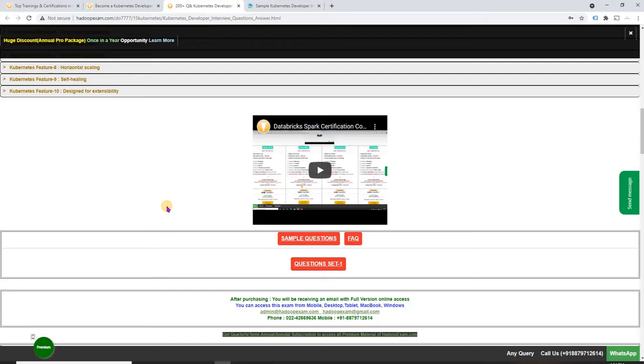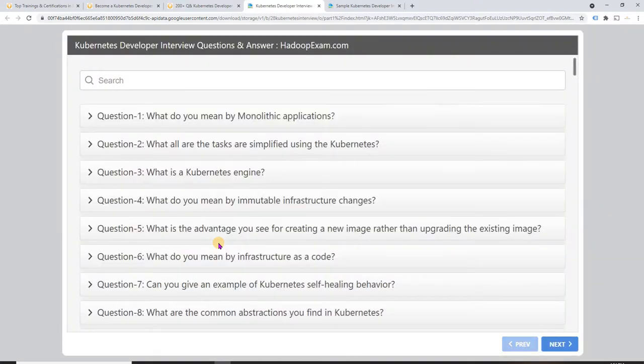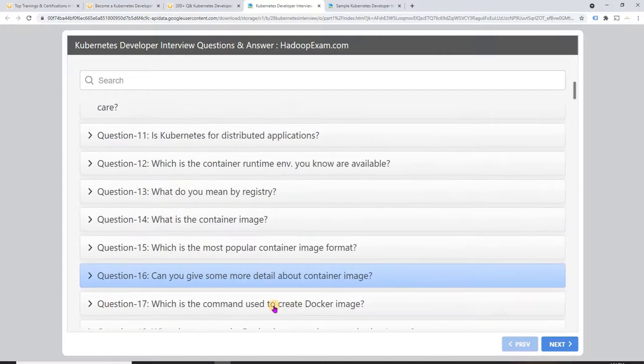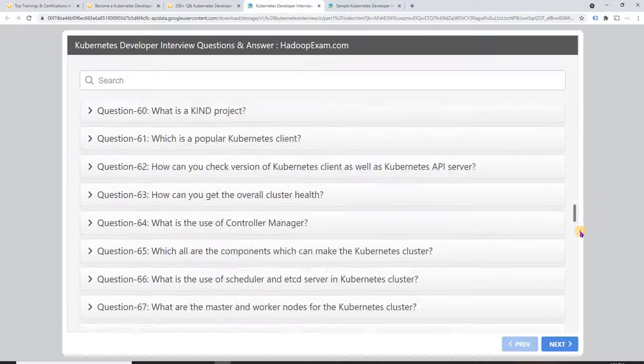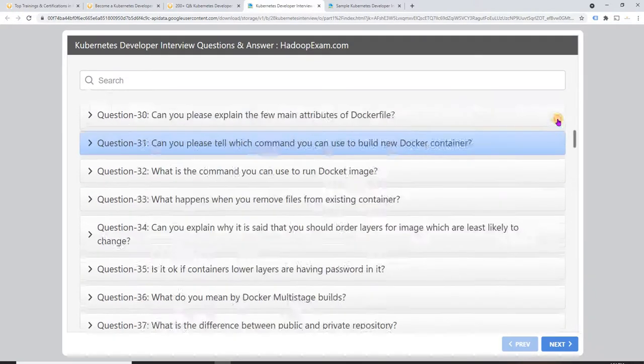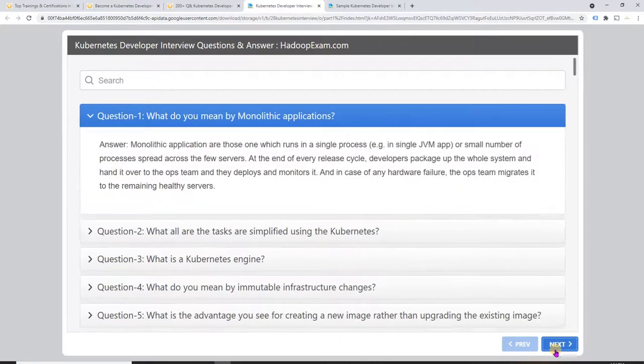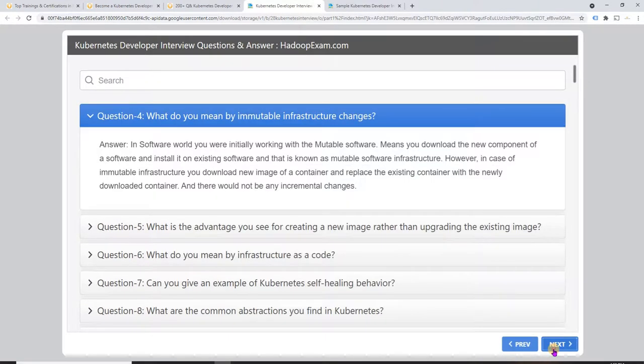Now this is the question and answer. If you want to access all 112 questions, then you have to click here basically, correct? If you click here, it would go and check if you have a permission to access this material or not. So this would take some time. It would do the authentication behind the scene, correct? So now you can see all 112 question and answers are accessible to you to read basically, correct? So this is what we have, Kubernetes question and answers here, correct?